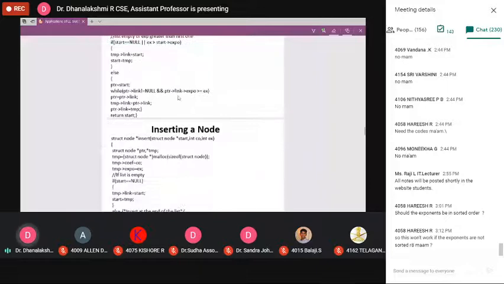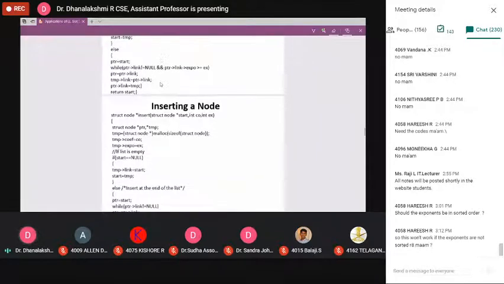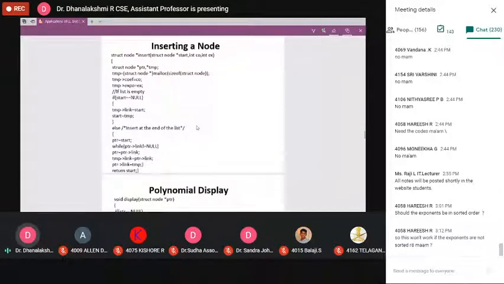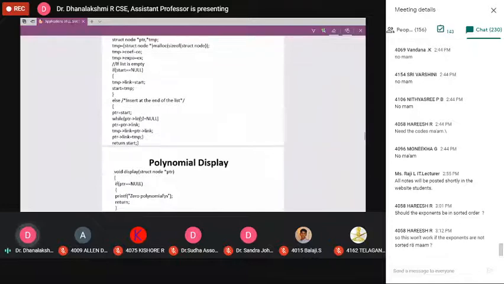Now, this is the procedure to insert a node at the beginning. Same thing if you want to insert a node at the end. To a temporary pointer variable, through malloc we allocate the memory for the new node temp. Assign the value coefficient and exponent. Check whether it is empty or not. If it is not empty, what we have to do? We use a search pointer, and link is nothing but next.